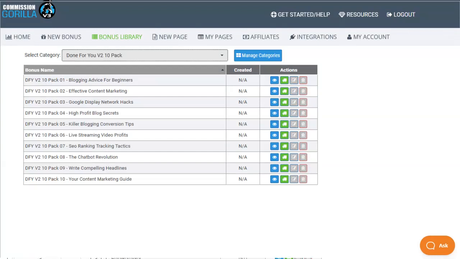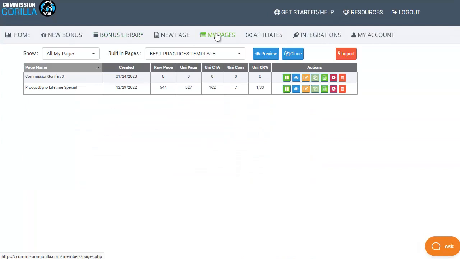The next option we have is to create a new page where we're starting from scratch. However, it's often easier once you've got some pages set up to simply go over to My Pages and clone one of your existing pages. That way you're not starting from a blank page and it can be a lot quicker to get up and running. Next, we'll clone an existing page to show you how easy it is to get a page up and running and make changes to it to tailor it to your needs. But first, we've also added some example ready to use